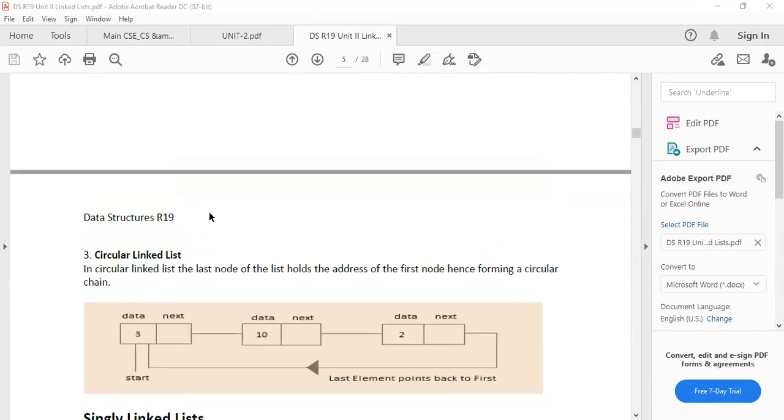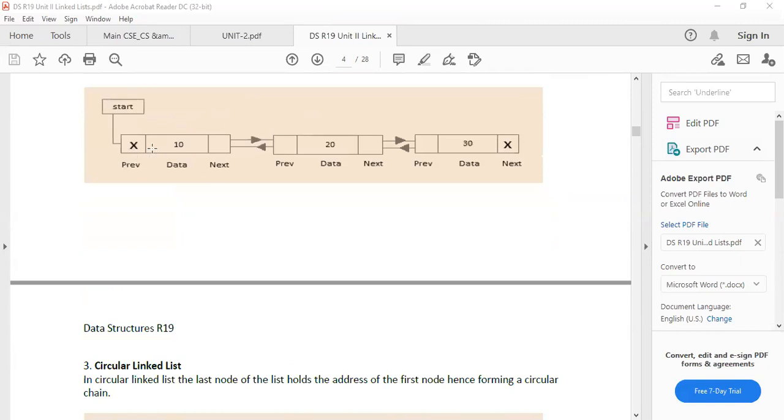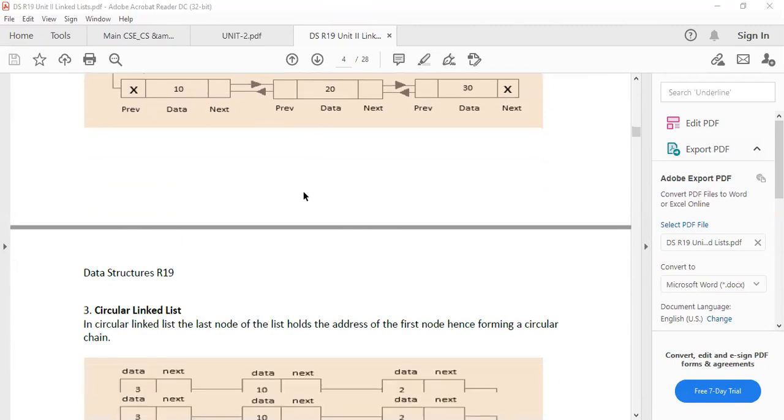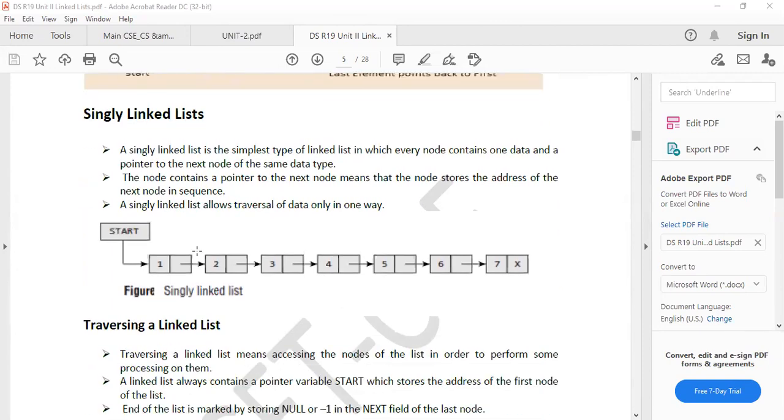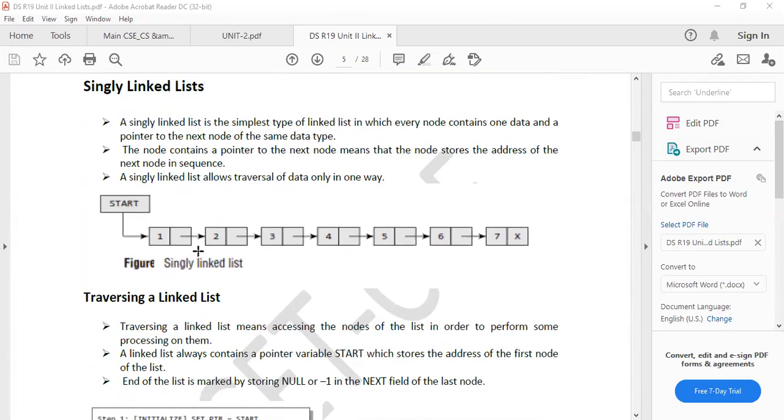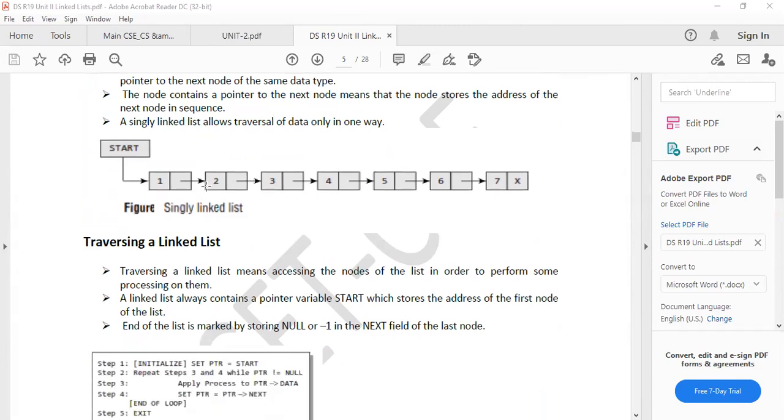Okay. Now here the previous node starts with the start node, that means the head node, and after that we can transfer the data in both directions. By that time I'll explain you clearly. Just I am showing here. Now this is the circular linked list. So in a circular way we can transfer the data. Okay, that's it. Now see single linked list. Already told you.